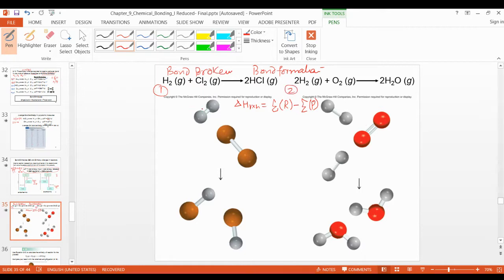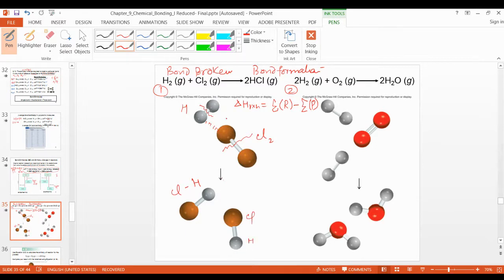So number 1 example, look at here. This is the bond of the hydrogen broken. This is the bond of the chlorine, Cl2. So this is hydrogen, this is chlorine, and now this will react with this, and this will react with this chlorine. So you will get HCl, you will get HCl like this. The new bonds are formed.